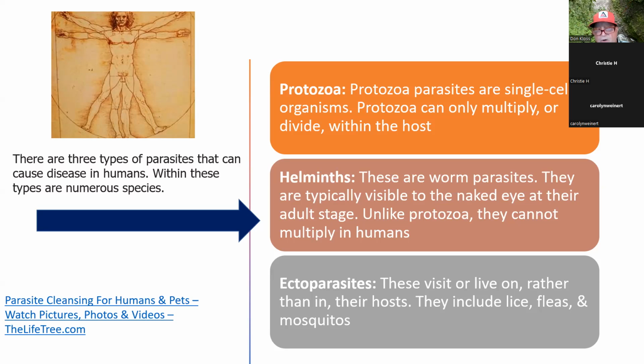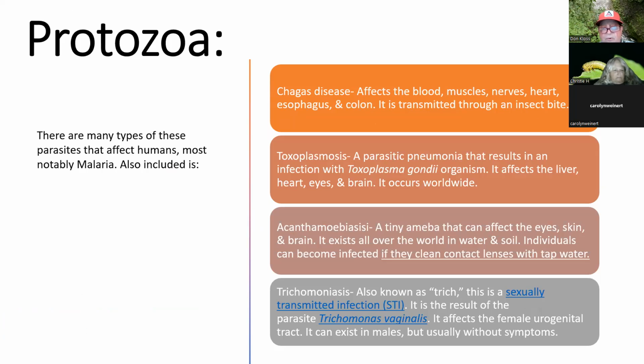And then what we are most familiar with is what is called ectoparasites. These live on rather than in their hosts. That includes things like lice, fleas, mosquitoes, biting flies, house flies, things of that nature. So to go through these one at a time, with protozoa,